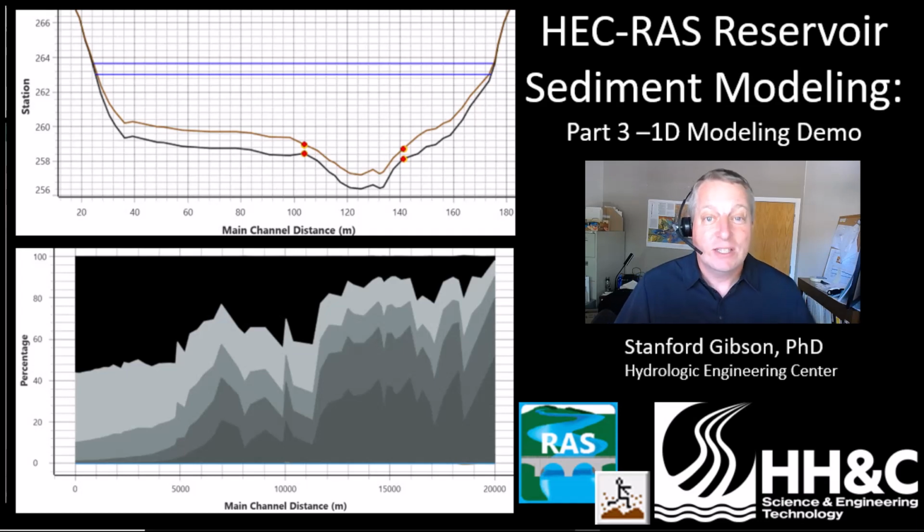I'm teaching a reservoir sediment modeling class next week with the Corps' reservoir sediment specialists, John Shelley and Paul Boyd. We developed a workshop that's a simplified reservoir model with local data. I was about to sit down and do a dry run of the workshop just to make sure everything works. And I thought, hey, why don't I turn on the camera and capture this, both for the students